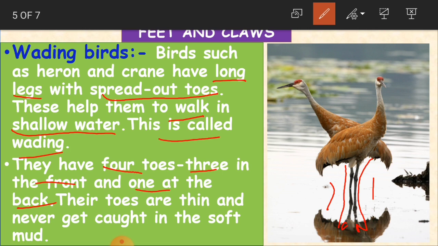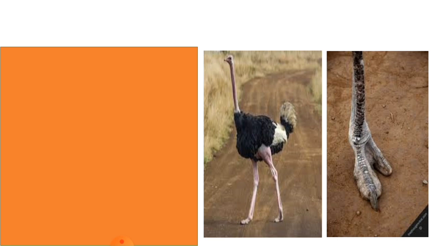So their toes are formed very thin, and because of these thin toes they never get caught in the soft mud. In the sense, they do not get themselves stuck in the mud. Clear children? This is about the wading birds.